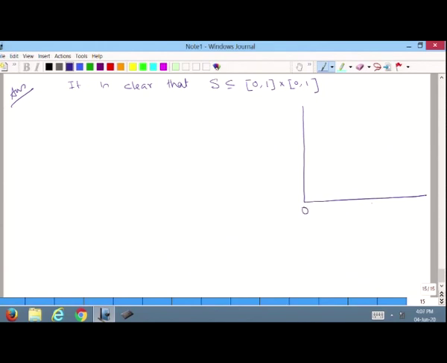suppose this is 0, 1, 1, so this is the square. S is contained in this. We have to find the area and perimeter of S. Now, given that